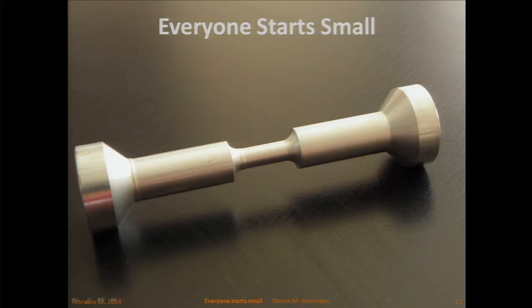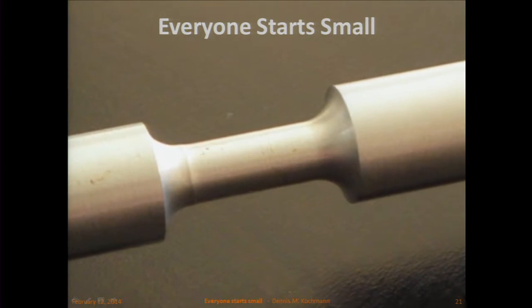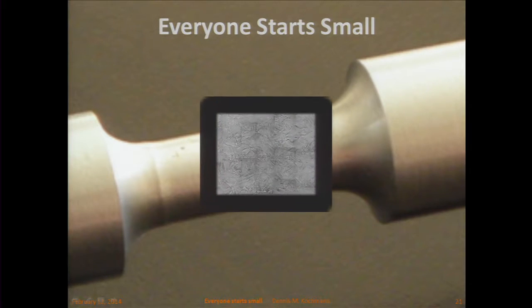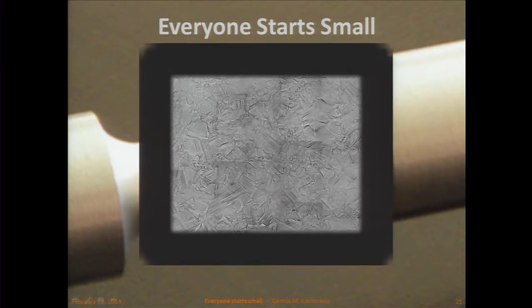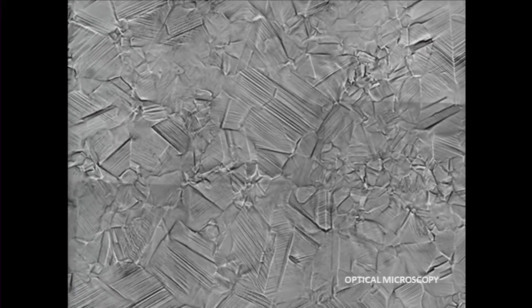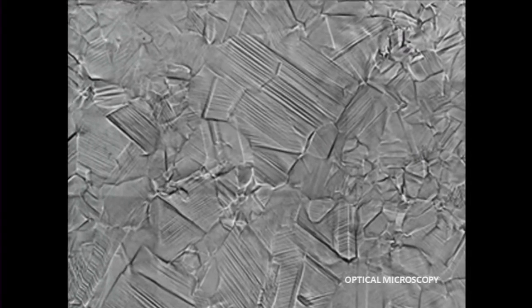Everyone starts small. We have to look at the smaller scales. So let's zoom in. On the surface, metals are shiny and homogeneous. They look nice, polished, like a homogeneous solid. When we can't see any further, we have to use experimental techniques, so we can use optical microscopy. And if you zoom in, you see that metals actually are not so homogeneous at all. They have a whole lot of structure on a smaller scale. What you see here are very many patchy regions separated by some kind of dark straight lines. It very much looks like flying across Kansas, where you see all these farmlands underneath separated by straight lines. This is actually in the metal, and you can see this. This is aluminum, for example.